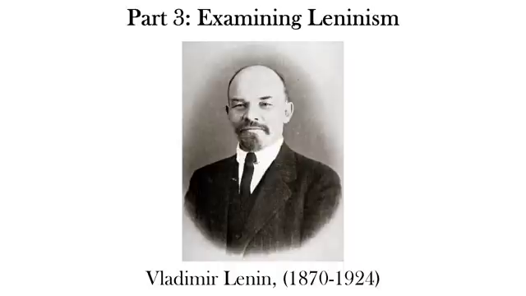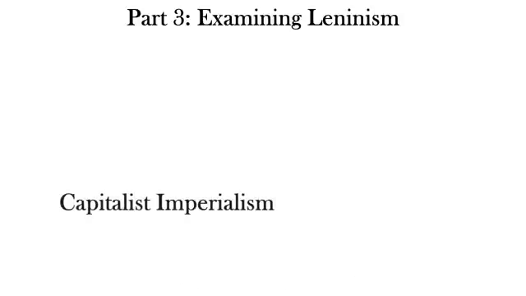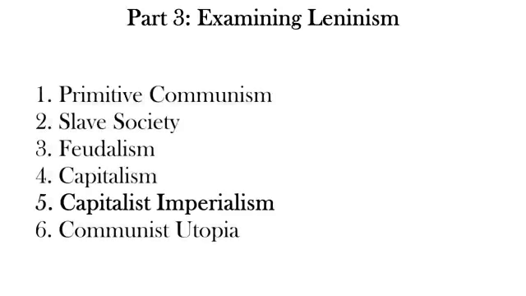He started off by offering an explanation of why Marx's predicted utopia had failed to manifest in the West. It's a theory that all of you will be intimately familiar with, since it's still taught in high schools to this day: capitalist imperialism, a new stage of Marxism in between capitalism and utopia. According to imperialist theory, the rising class consciousness of the working proletariat provoked a response in the capitalist bourgeoisie. Realizing that they could no longer exploit the working man of their own countries, they turned their gaze abroad to